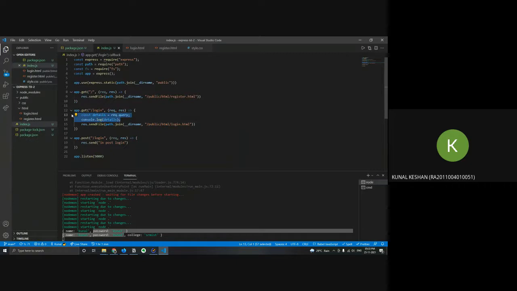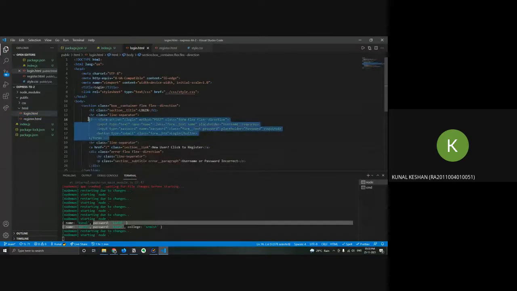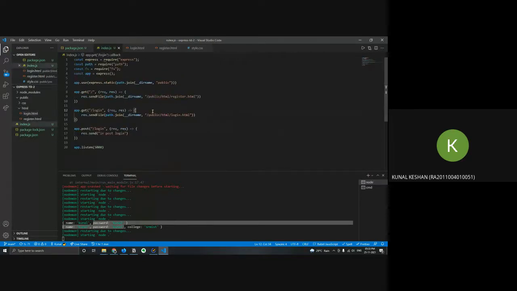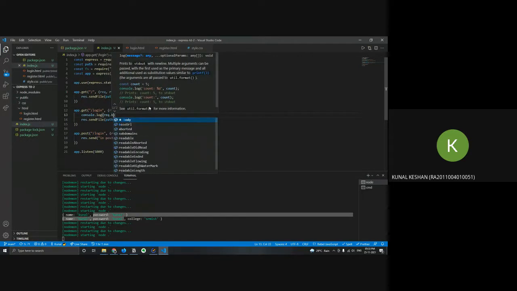So I'll take this out. I'll come back to my login.html and we don't want to use the get. So I'll just take this out completely. And method is post, right? So how do I access data from the post request? For accessing data from the post request, the data gets attached to the body of the request. So I'll just do console.log request.body